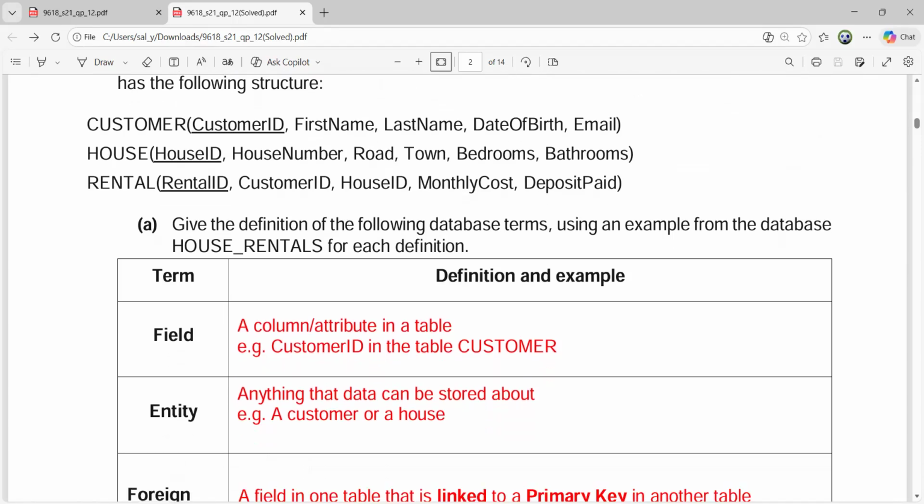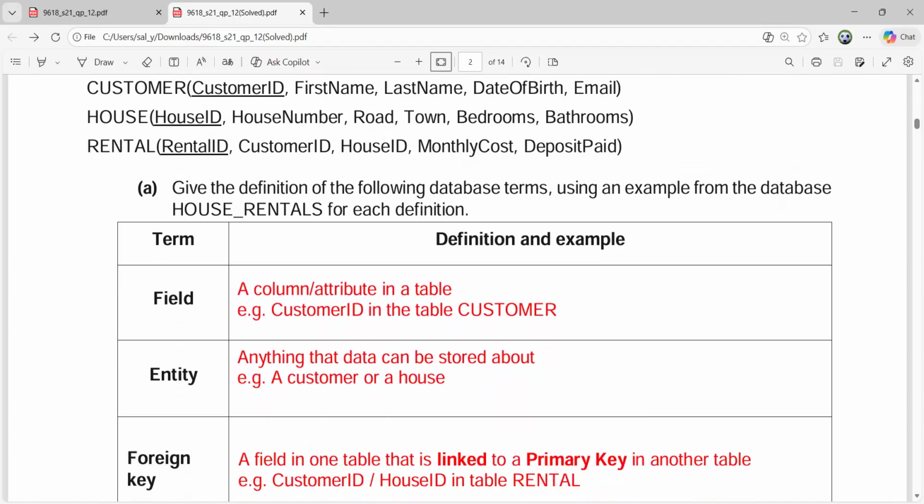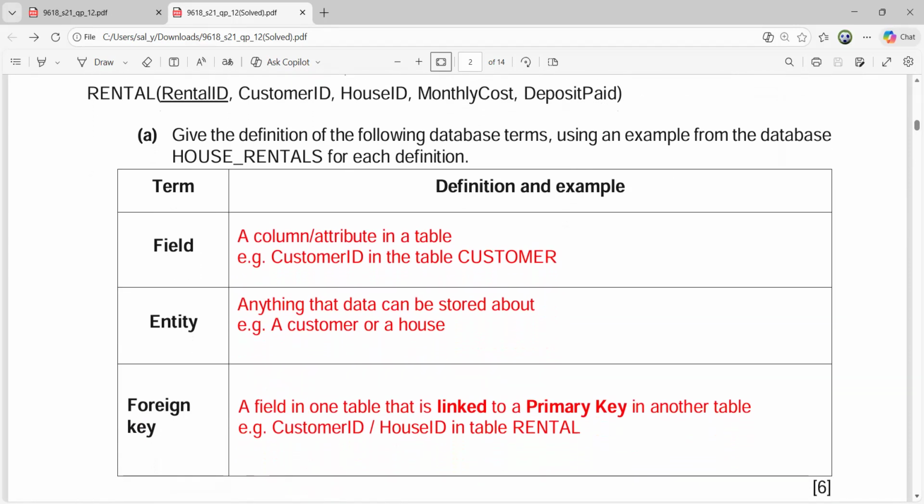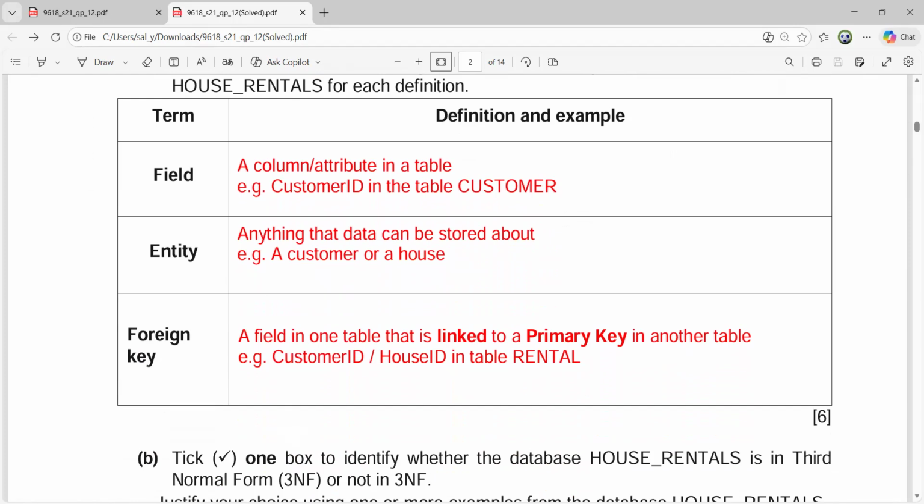Entity. What is an entity? Anything that data can be stored about. For example, here we are storing the data about customers, or we are storing the data about houses. So in this case, a child can write a house or a customer, and that will be considered as a valid answer. The third term is foreign key,